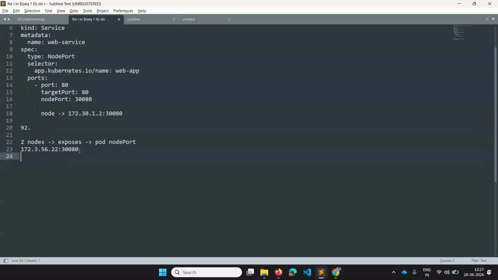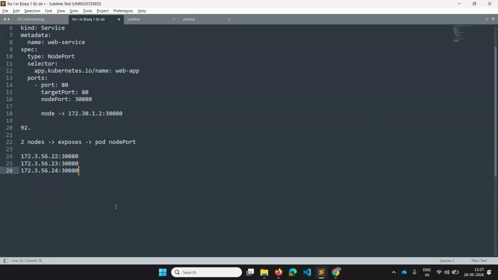Now there is one more node like this, so there are three nodes, and all the nodes can access that port, and from this port it is able to forward the traffic to that particular service, and from that service to the targeted pod. And from the external world we are able to ping this.